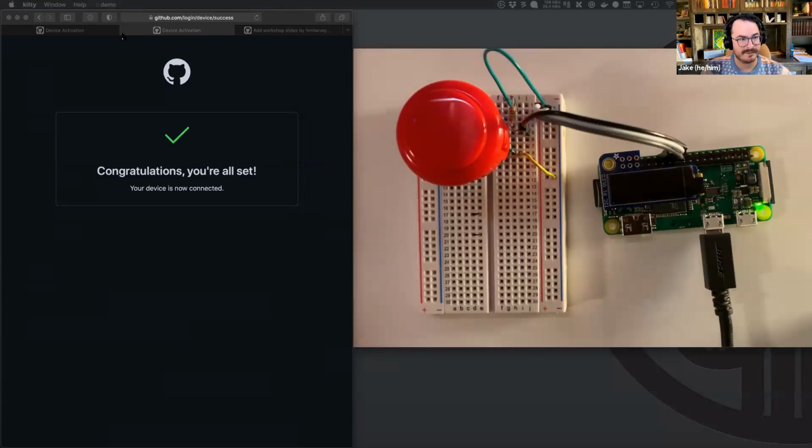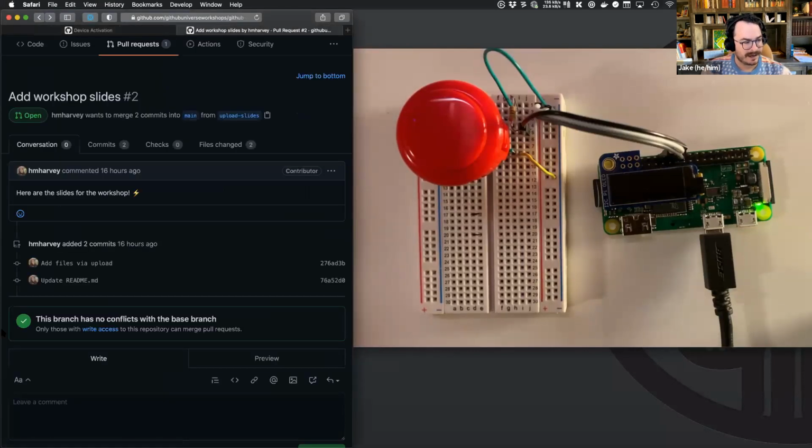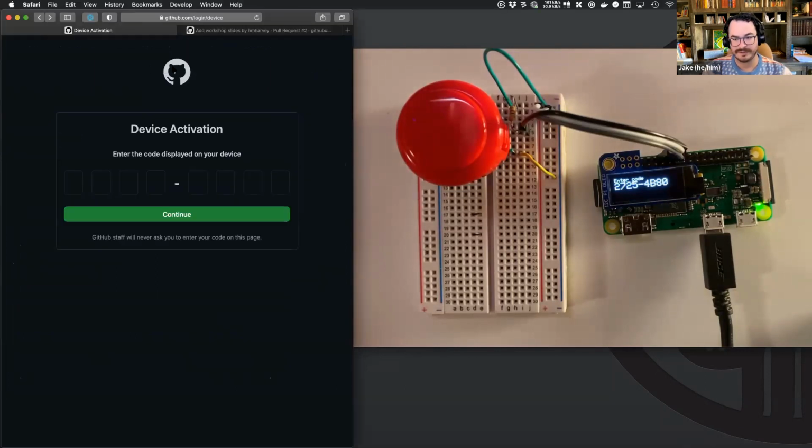So for a second demo, I built this button just to sort of showcase the power of the device flow and authenticating these sorts of low power devices. And so what we're going to do is walk through the device flow using this Raspberry Pi. And this is the exact same flow that we just walked through. So my Raspberry Pi is prompting me to enter a code, and I'm going to do that: 4B80